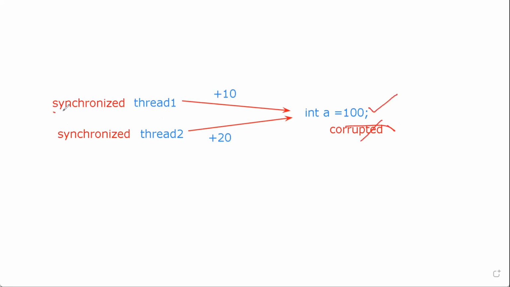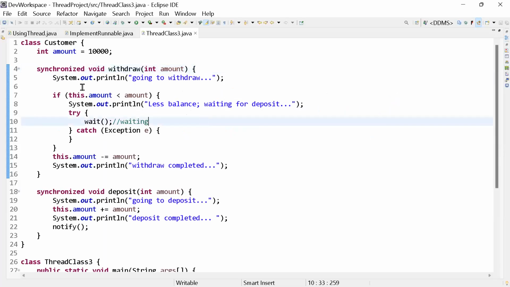So the meaning of synchronized is to allow one thread at a time. Otherwise there will be a race condition. So to avoid this race condition when acting on any resource, you have to make the threads synchronized. So if I go back to the code, see, the synchronized word is there. I will show